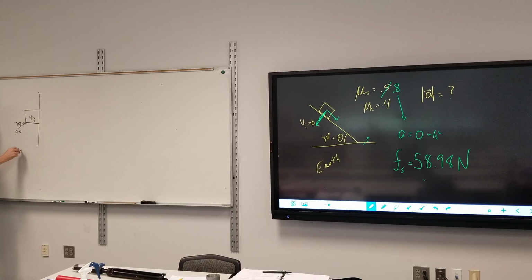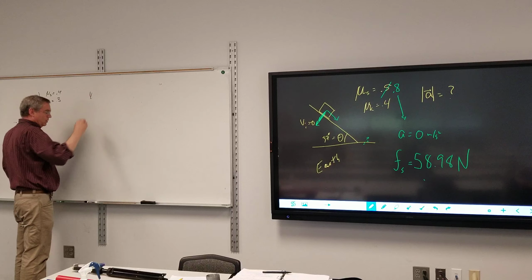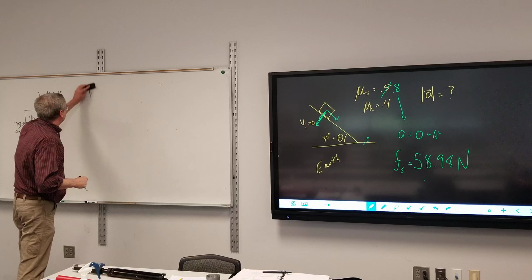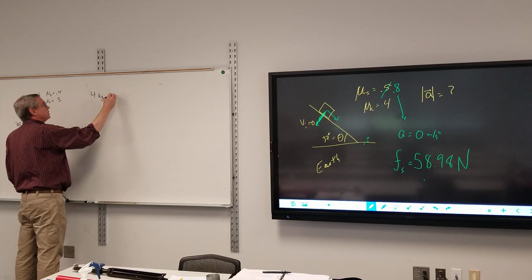And just for ease, let's make this Earth 2. In other words, g is 10 meters per second squared. I've got to give some numbers here. Mu sub s, why don't we make that 0.4? Mu sub k, let's make that 0.3. We'll have a 4 kilogram mass. Oh, this was on the Who Killed Kenny test. A 4 kilogram mass